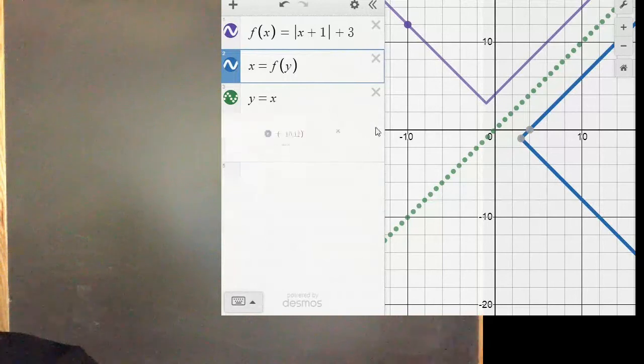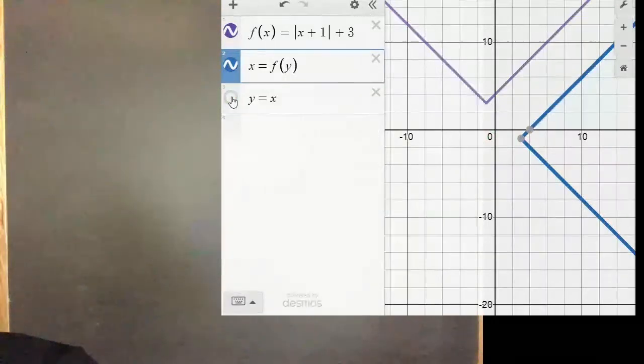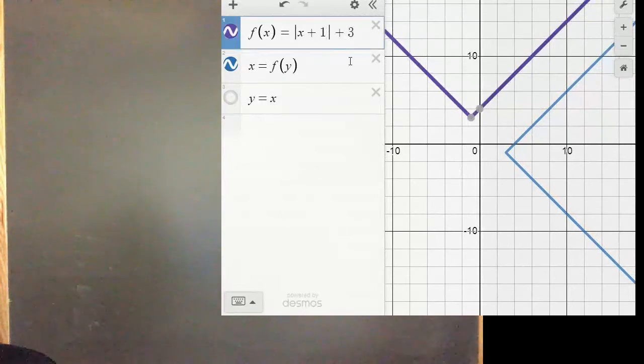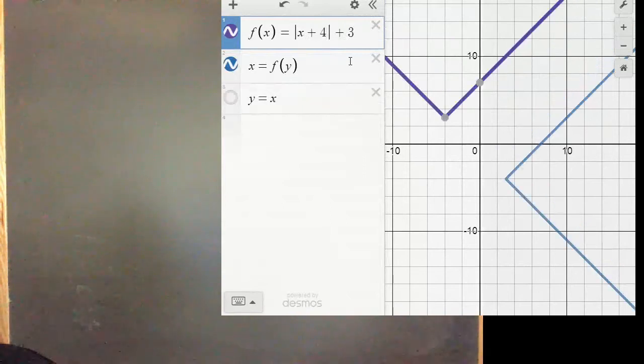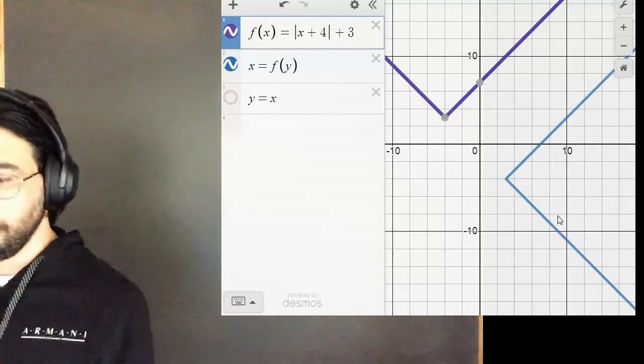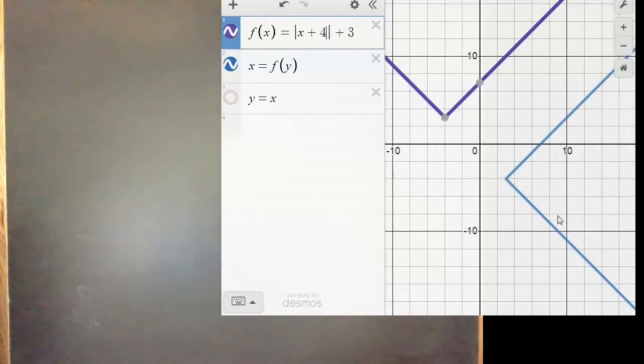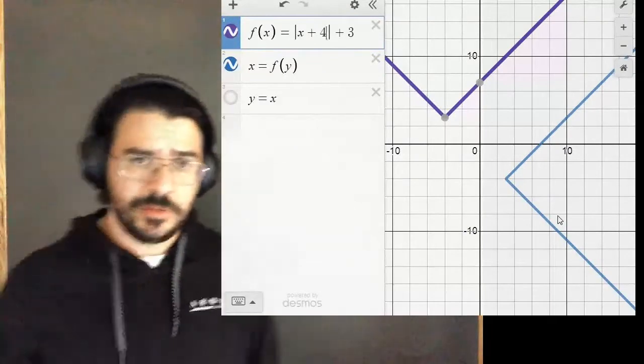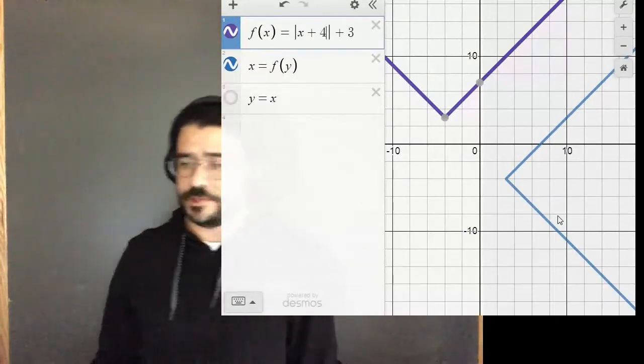Let me erase this one and this one, and I'm going to turn this off because that's the line that we're reflecting across. And if we were to change the function, the reflection would change as well, right? So we could move this over even more. Let's say we put +4, and then this graph changes as well, okay? And one thing that you should notice immediately is that the purple graph there is no longer a function, unfortunately,